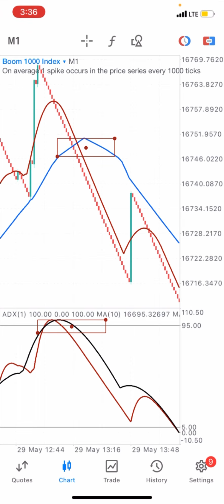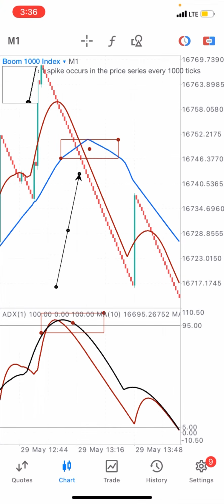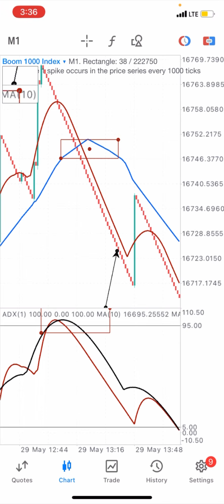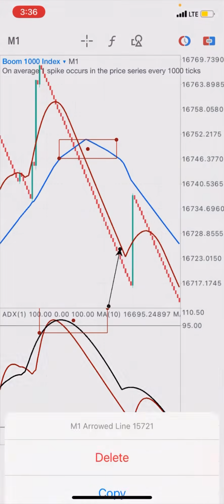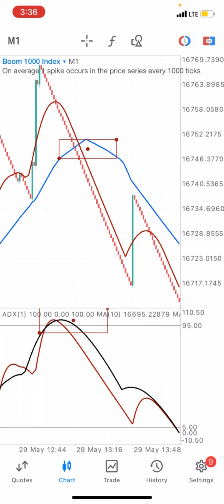Now let's count how many candlesticks one would have picked from here. Let's say you took your trade here, so we got 1, 2, 3, 4, 5, 6, 7, 8, 9, 10, 11, 12, 13, 14, 15, 16, 17, 18, 19, 20, 21, 22. We got more than 15 candlesticks basically, but in my opinion, it's okay to just target like 15,